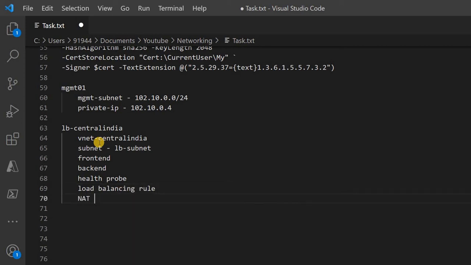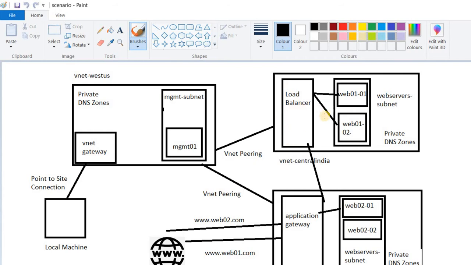And if there is any need of NAT, we can even configure a NAT rule. As per our scenario, I mentioned that I would give a NAT rule for this VM. Instead of that, I'll actually go and create one more VM here for configuring the NAT rule.